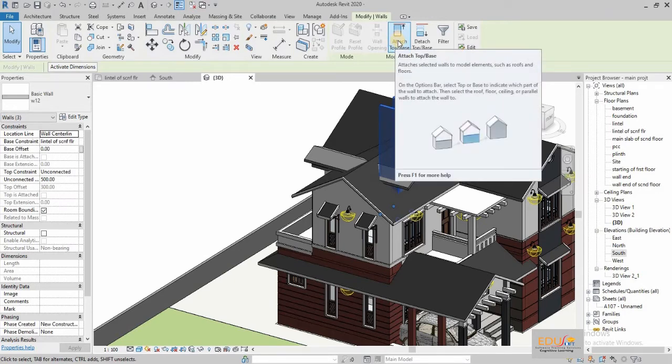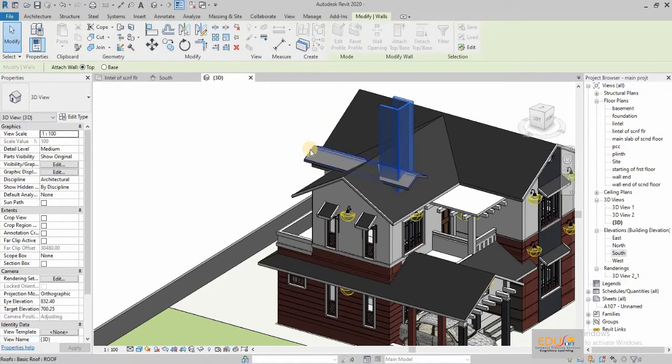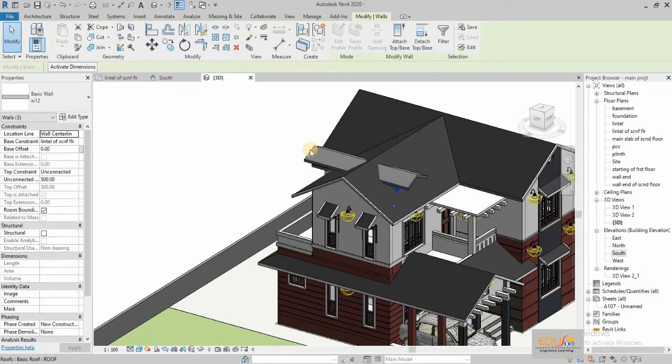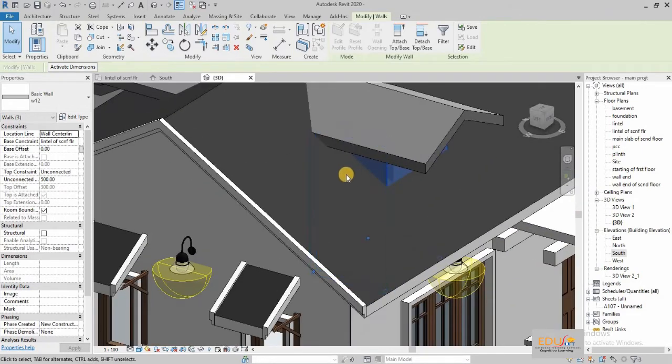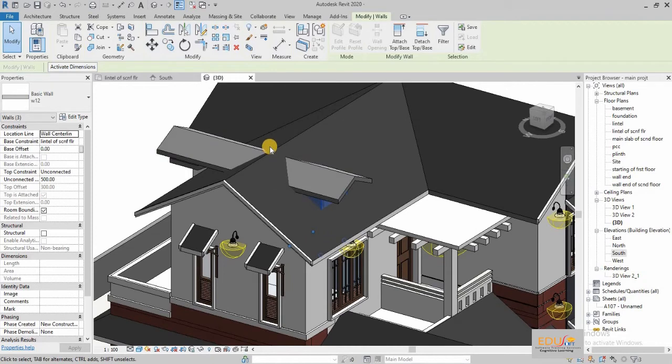First, we are selecting the dormer roof for trimming the wall top. Then, select the main roof to trim the bottom portion of the wall.